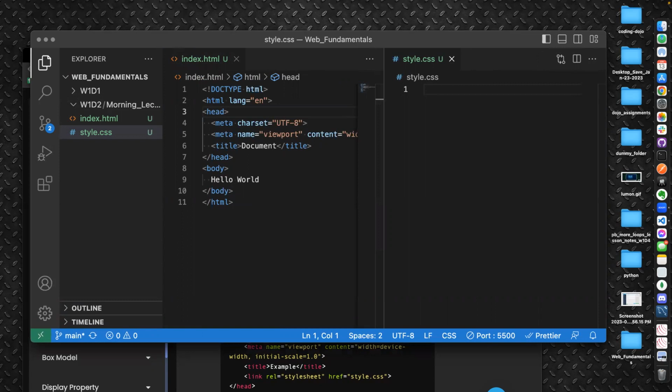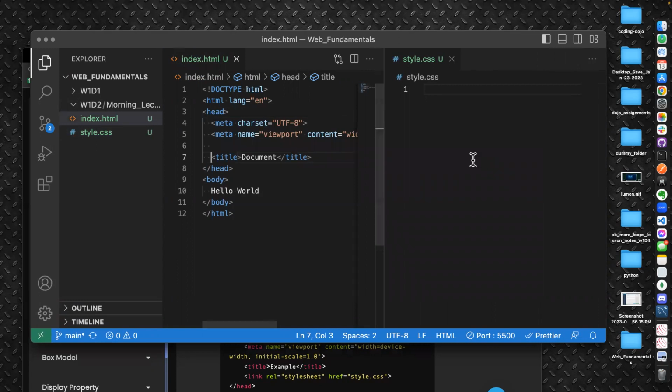So how do we connect this? We need to connect our CSS to our HTML. And once we connect it, we need to test that connection, right? So first connect, then test that connection. So let's connect it. The way to connect the CSS file to the HTML is, well, first you have to